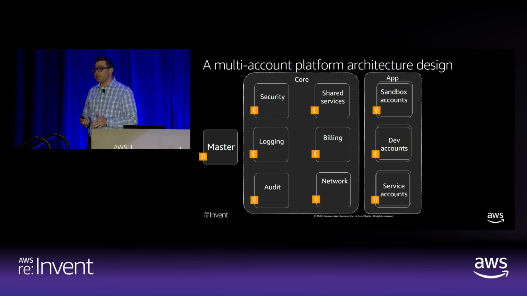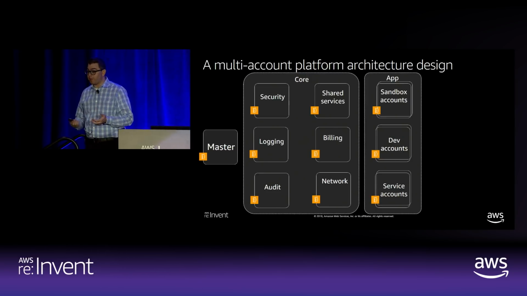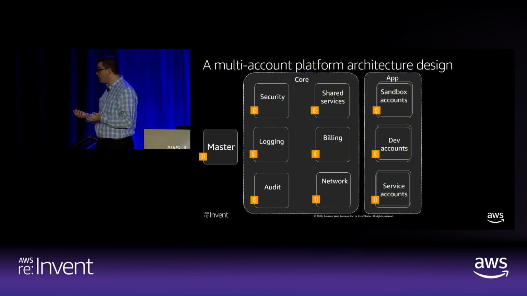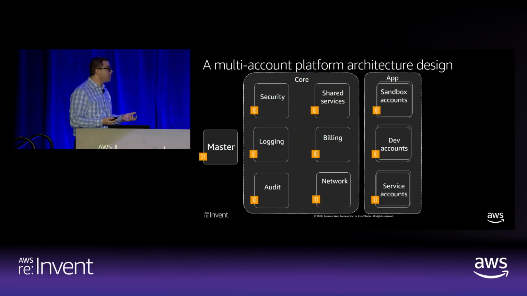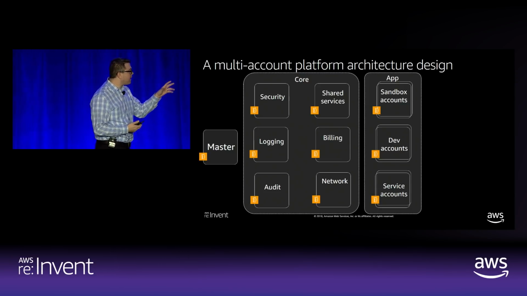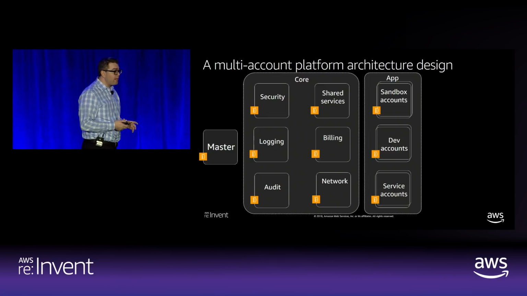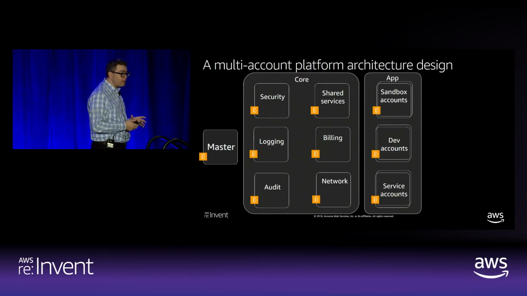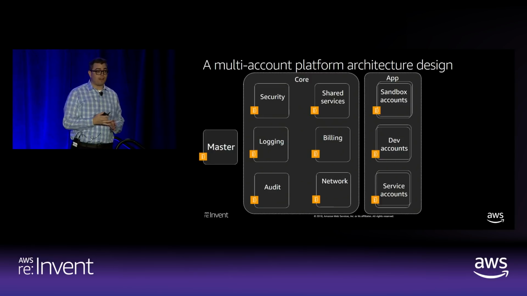In your implementation, those could be microservices. They could be products or SKUs or portfolio. Maybe there's a number of services that are interconnected that you want to deploy in a specific place. But being able to deploy these service accounts in a segmented way is crucial as you're trying to allow them to innovate and iterate quickly.